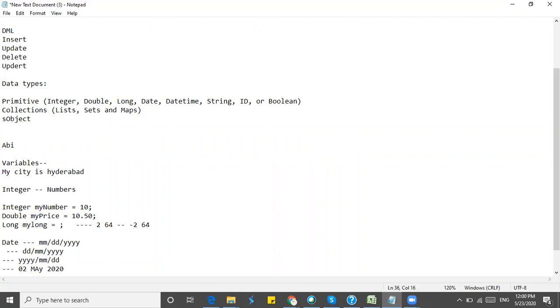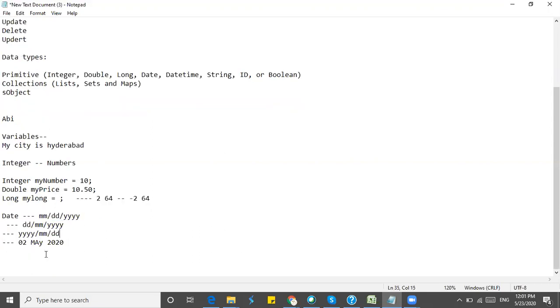So these are all the date formats. If you get some format in mm dd yy, then you can convert it into dd mm yy. I'll explain how we can convert it, and we can also convert the date to string format. So these are all the formats which the date will accept, and we need to give it in this format.